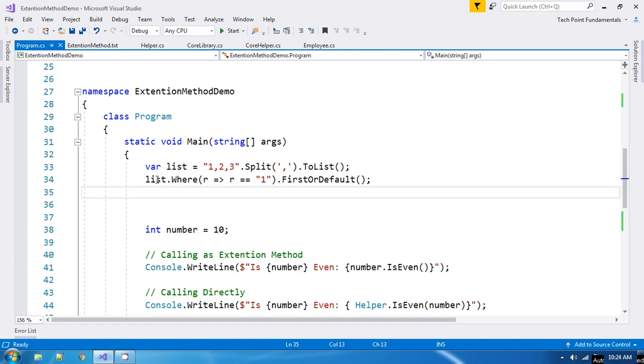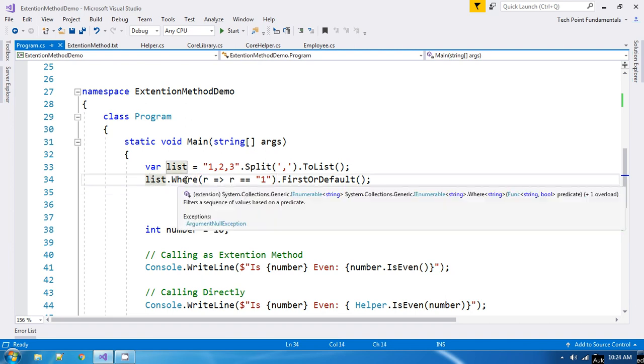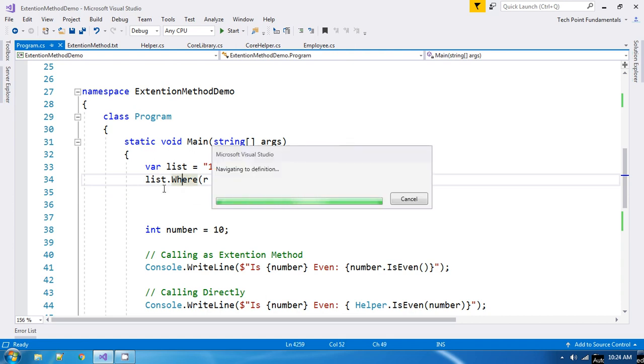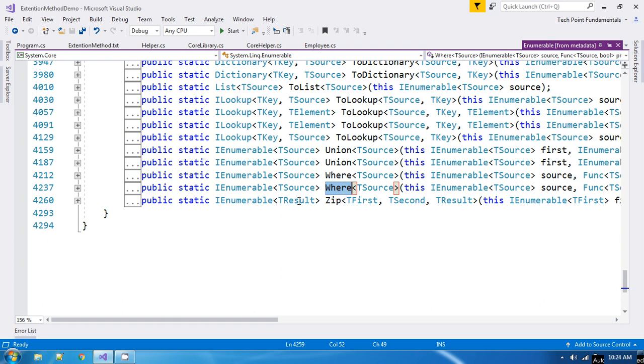So if you see here, I am using list.where, this is nothing but a LINQ query. And if you go and see the definition for this where, you see this IEnumerable source where